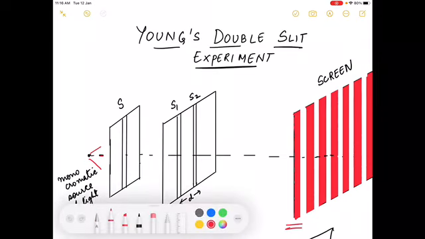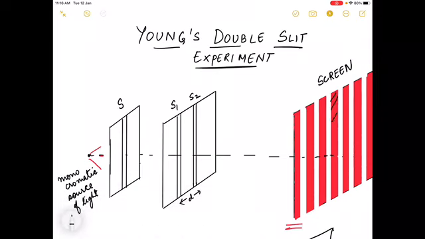Let me use different colors so you can understand. At the center, this is the center part, right? At the center there was a bright spot, which is very unlikely to happen. Yes or no? He saw at the center there was a bright spot. So it was very weird, like how is this happening? How are we seeing a bright spot,